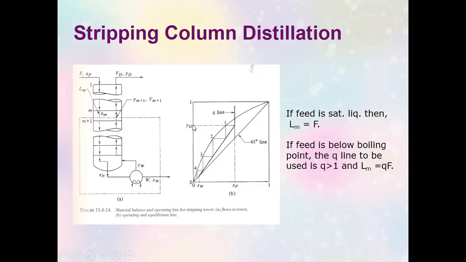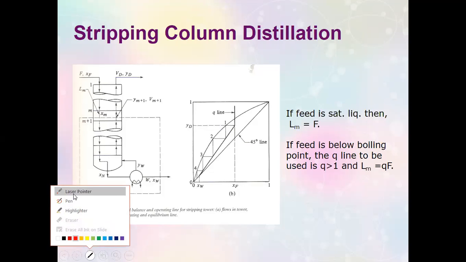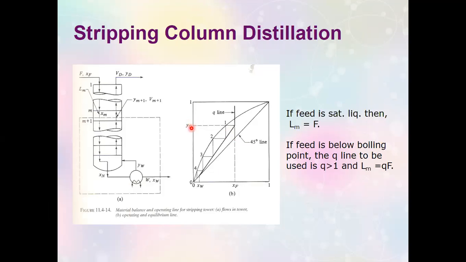The Y sub D is the mole fraction of your lightweight component in the distillate. So from here on the vertical axis, you project it right here, and that's where your stripping section operating line will rest. This point will be connected to this, and the rest in determining the number of stages will be the same. It's the same manner as we determine the total number of stages.